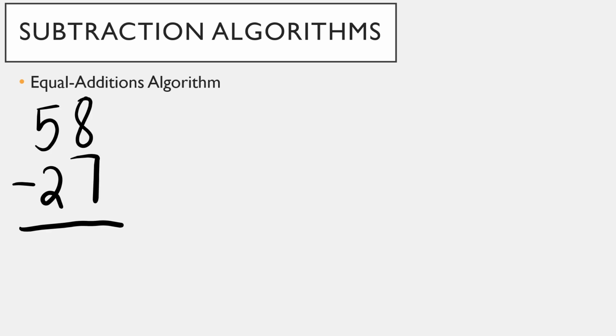All right, so let's look at an example. Let's say we have 58 minus 27. Now I'm using this same example from before, but this method is particularly useful for the case like I just showed you, where you're going to have to borrow from the neighbor. But we're going to use this same problem so that we're consistent, and I'm showing you all the different methods with the same subtraction problem. All right, so again, with the equal additions algorithm, you're trying to make that subtrahend end in a zero. So you're going to take 27,